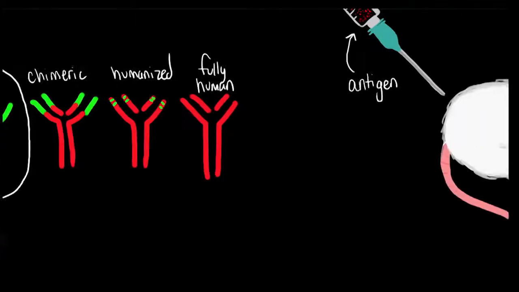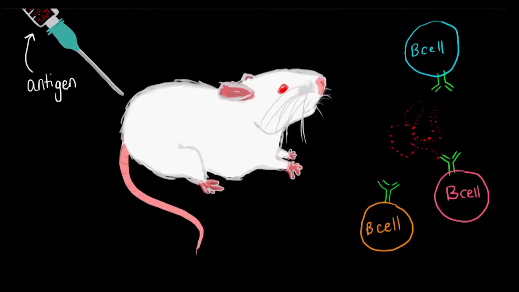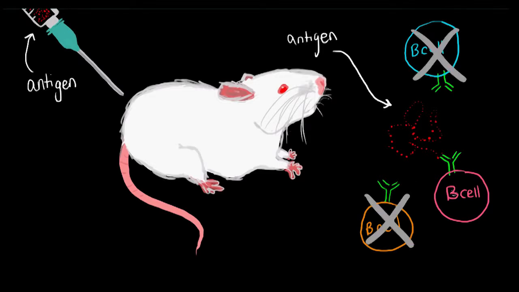First, we need to immunize an animal model, such as a mouse or a rabbit, with a specific antigen, which can be a single protein or a carbohydrate. The mouse or rabbit is likely to have naive B cells that recognize the injected molecule due to somatic recombination